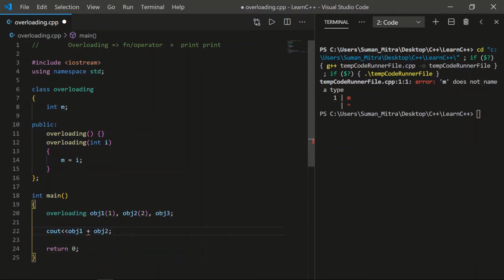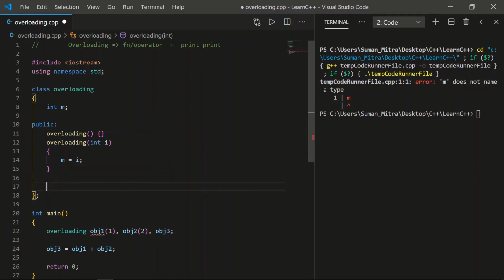So we'll try to do one thing. Whatever is inside this we'll put inside obj3: obj3 equals obj1 plus obj2. Now to overload this operator, we'll write the class name, meaning we want to overload for this class.